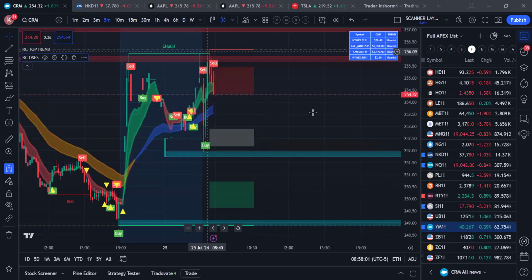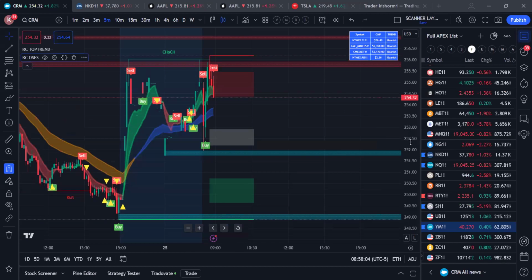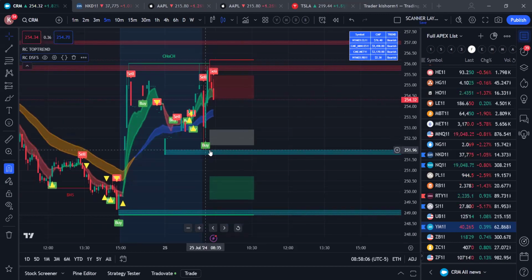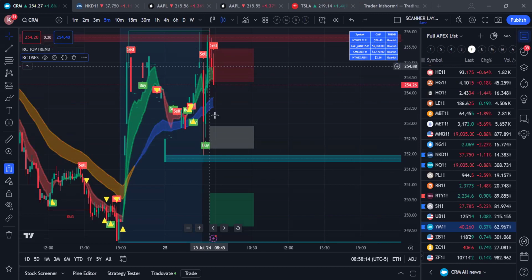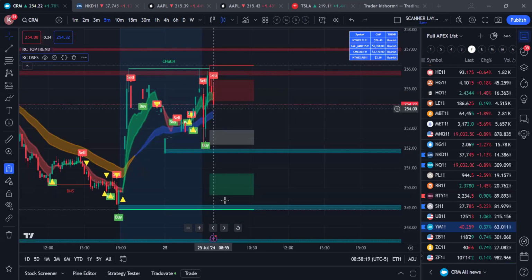Oh, CRM, I got the sell. So you can buy the puts for CRM. Right? It went from the bottom, it went all the way to the top, touched the resistance, and now dropping. It may come all the way down to the midpoint or can go all the way to the bottom. So CRM,